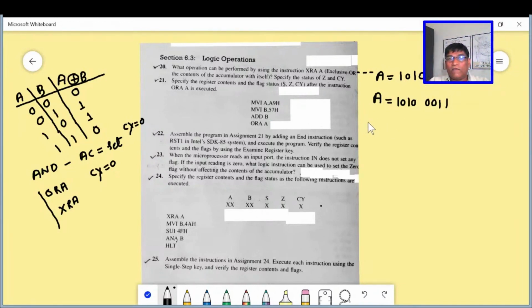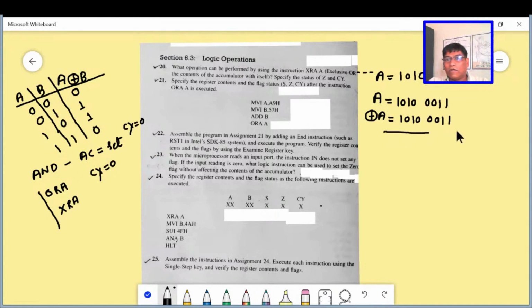And if we have this instruction XRA A, then this content will be exclusive ORed by the accumulator content again, which means it is exclusive ORed by the same content.